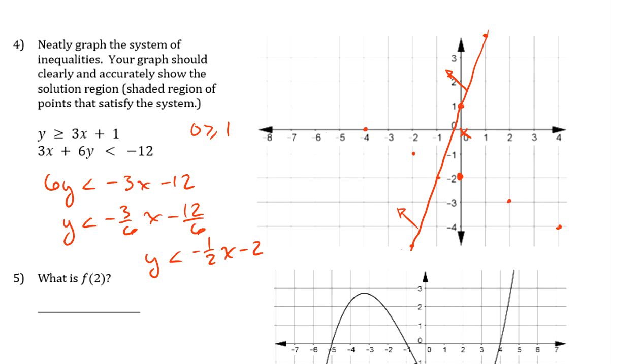So I've got a pretty good idea what's happening here, right? This is going to be a dashed line because you can see it doesn't say or equal to. So it's not on this line. This is just the boundary line. It's defining where some things work on one side and they don't work on the other. And again, for this one, let me test 0, 0 again. When I put that in, this says that 0 is, oh, let me get this right here. 0 is less than